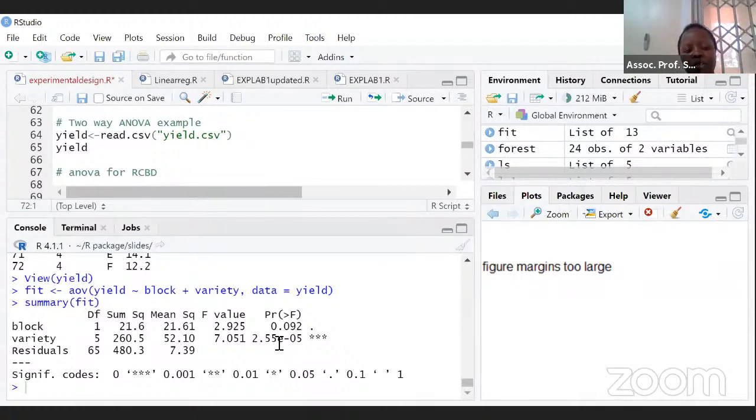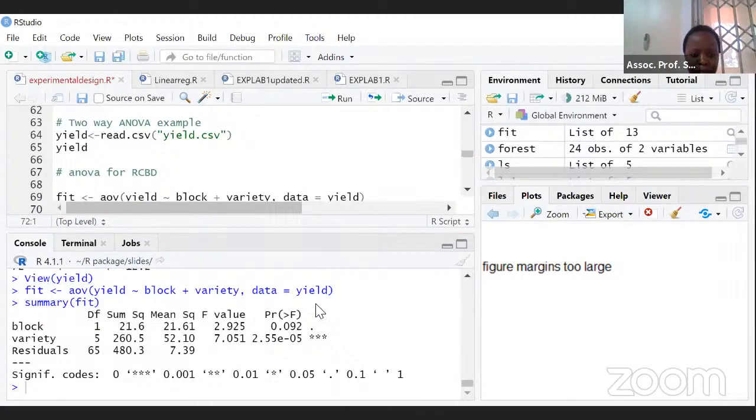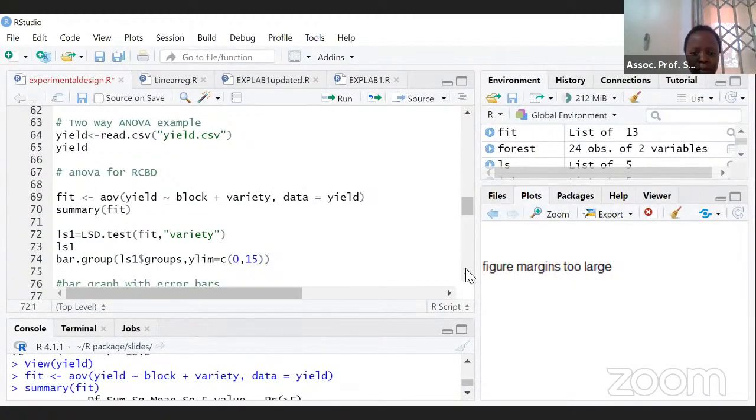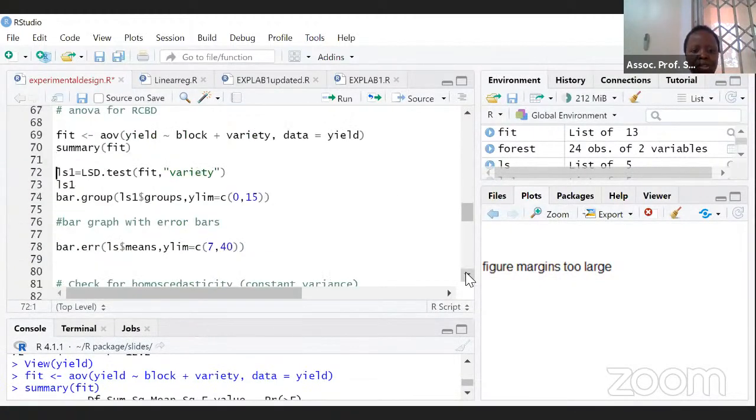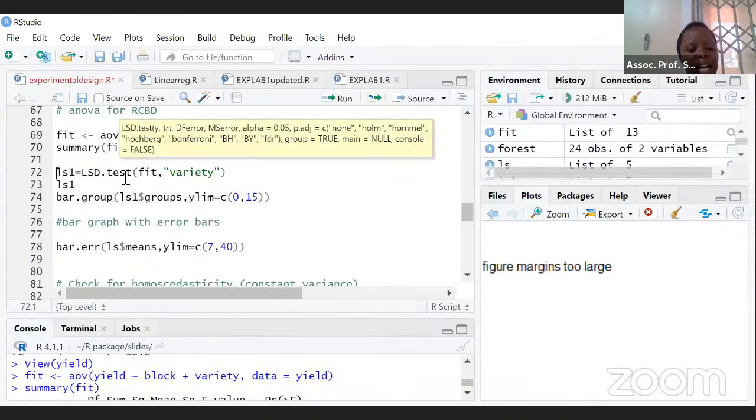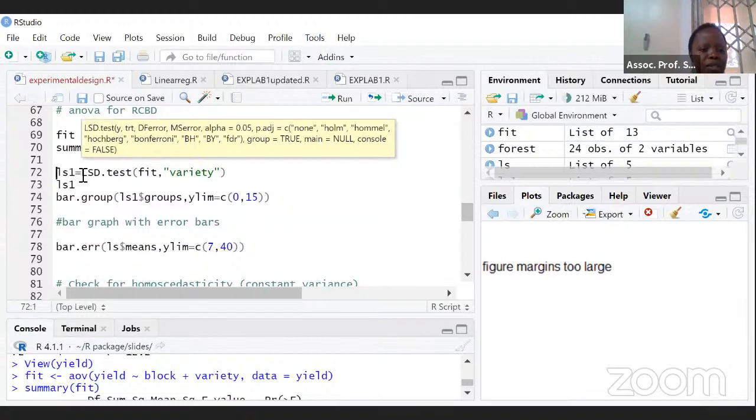Now we want to find out which variety gives what mean. So we are going to go back to our script. And what I've done is to do an LSD the same way I did it for analysis of variance. I'm bringing it here. I'm calling the object ls1 because I've already used ls is equal to lsd.test. Fit is the model and variety is what I want us to run. So when I run that,